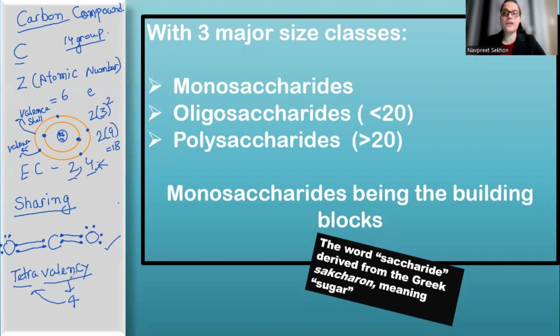Now, it is not always just the ability to take electrons. It is also the ability to give electrons. For example, lithium has atomic number 3. Its electronic configuration will be 2, 1. Now we might say that in the second shell there must be 8 electrons, so it needs 7 more electrons, so its valency is 7. No, its valency is not 7.